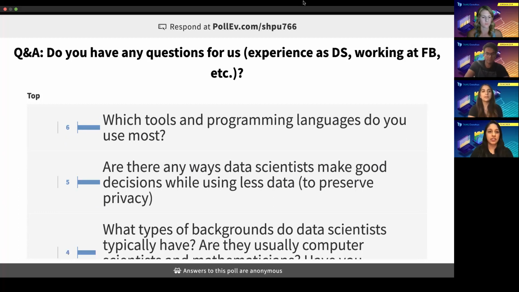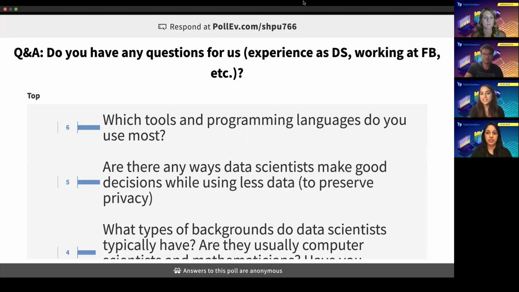So a cool thing about working as a data scientist too is usually it doesn't matter what languages you use, it matters more what your output is. And that's not true for all companies, but I know it is the case for Facebook. I use a lot of SQL to pull data and just to do quick ad hoc analysis, and then I do all my longer analysis in Python and in R. Yeah, I use a lot of R and SQL. A lot of people use Python. Generally, you can do almost everything within those tools, and I think some people use Spark too.